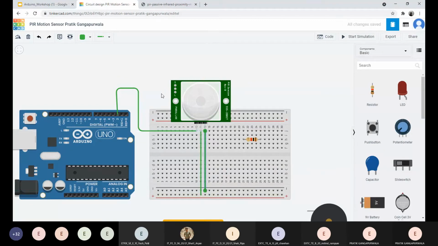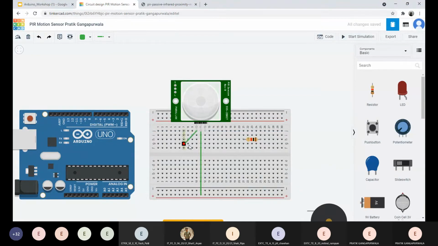Now let us connect the transmission pin. The transmission pin will now be connected to one. So this is the signal pin.